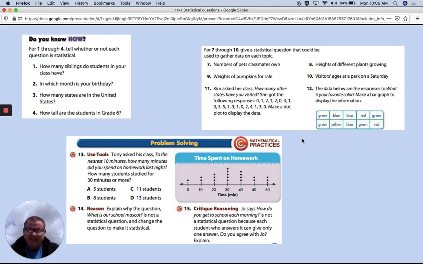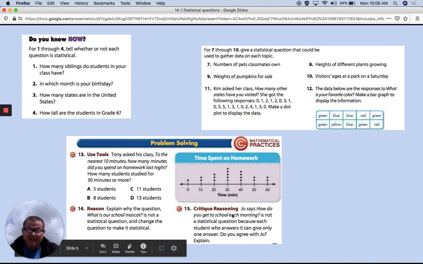Sometimes these can get a little confusing, but go ahead and try them today and see if you can come up with the correct answers. So you'll create a Google Doc and go ahead and answer each of these questions on that Google Doc and then turn it in. So hopefully